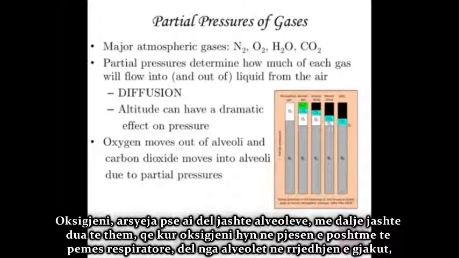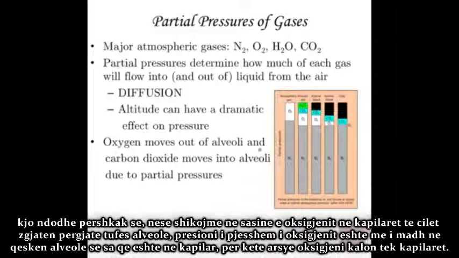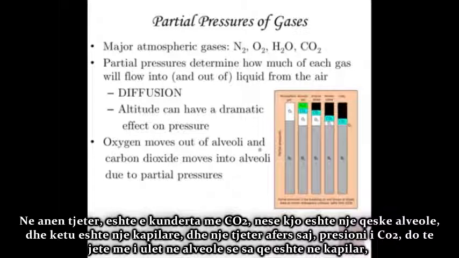Oxygen, the reason why it moves out of alveoli, and I mean out of meaning once oxygen comes into the bottom parts of the respiratory tree, it moves out of alveoli into your bloodstream, is because if you look at the amount of oxygen in the capillaries that are going up into the alveolar bundles, the partial pressure of oxygen is greater in the alveolar sac than it is in the capillary, and that's why oxygen goes into the capillary. Conversely, it's opposite when you look at CO2.